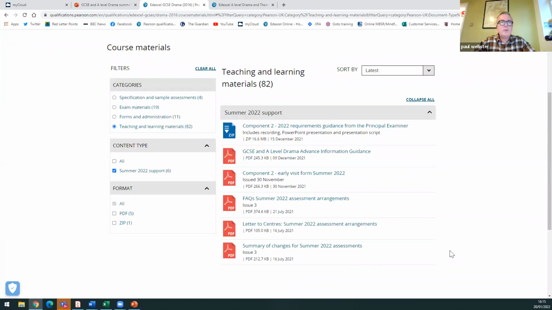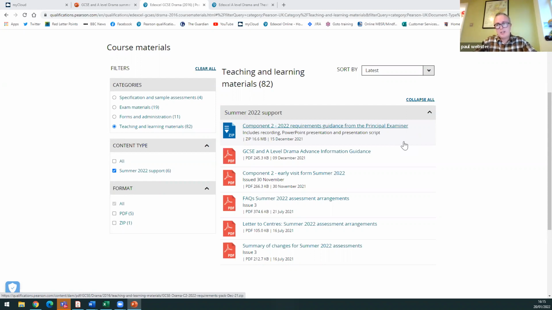There will be another one coming shortly, which will be about further information about advanced information. So what we've got here is, if you haven't seen this already, it's a guidance document. It's a presentation and information from the principal examiner for component 2. So in this case, this would be from Ruth Gibbs, who is the lead for component 2 for GCSE drama.